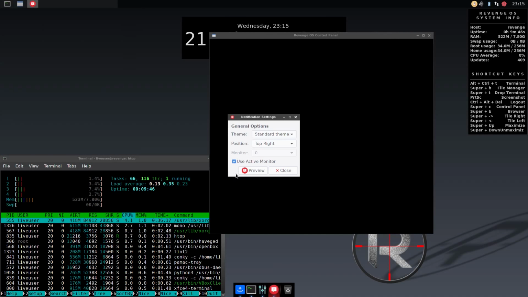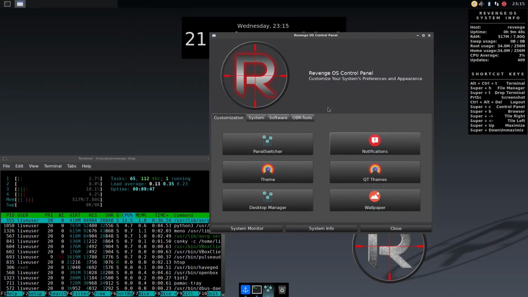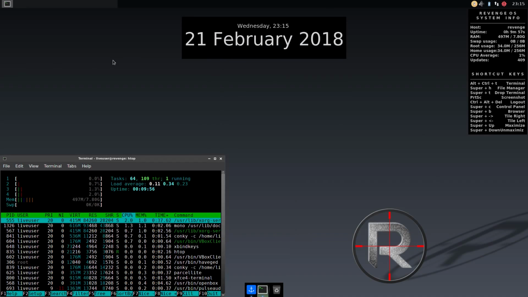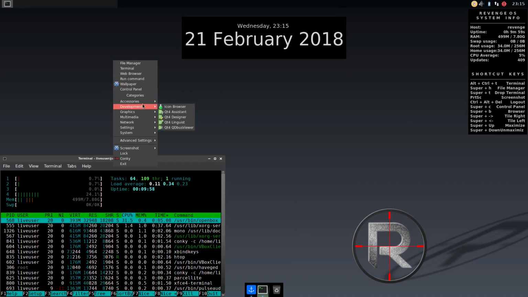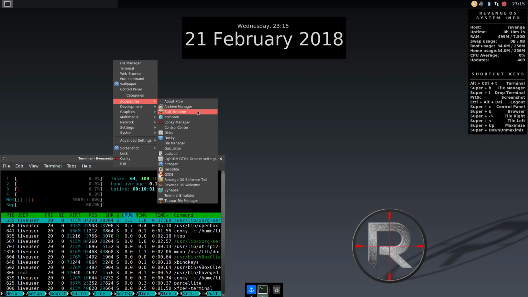So it kind of queues them up because the program's locked, waiting for the program you opened to exit. So you've got that, and included software is the basics, your archive manager, disks, nitrogen, Parcellite, clipboard utility, Lunar,